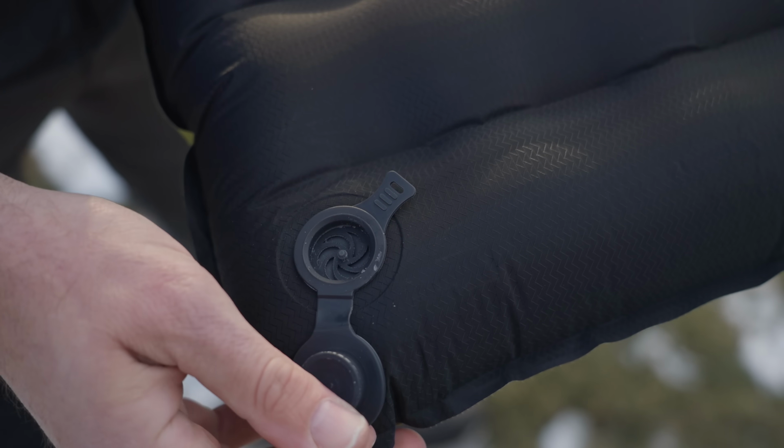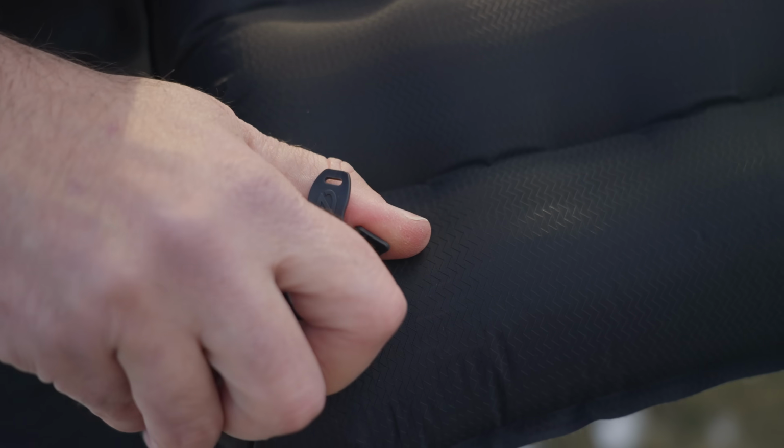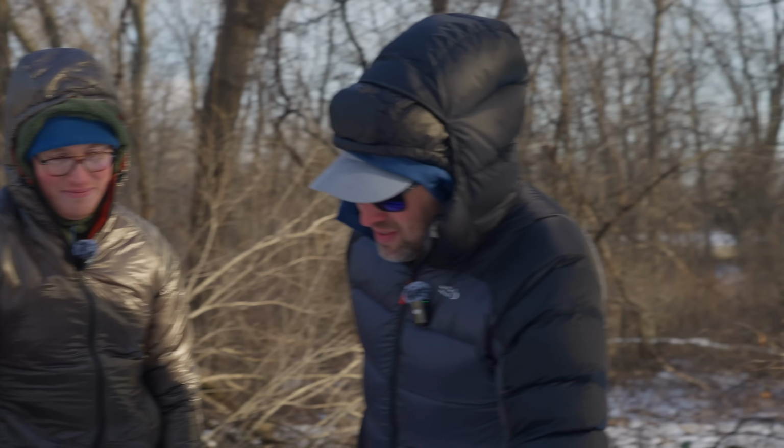I have yet to use this pad, but I've heard nothing but good things about it. It is very similar to the other Tensor pads as far as comfort is what I've heard. And for it being that warm, that's awesome. Okay, I'm going to guess